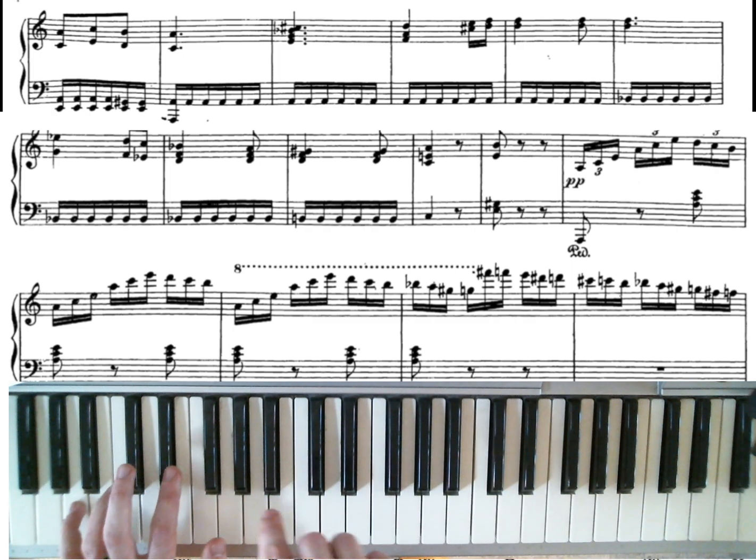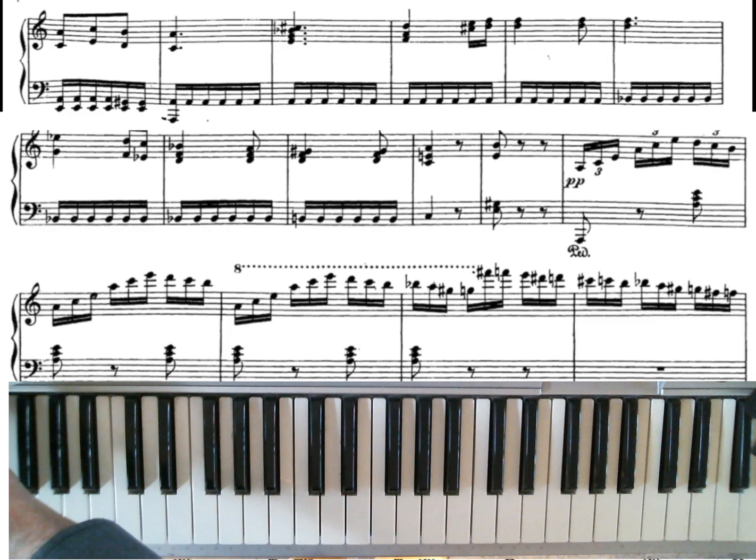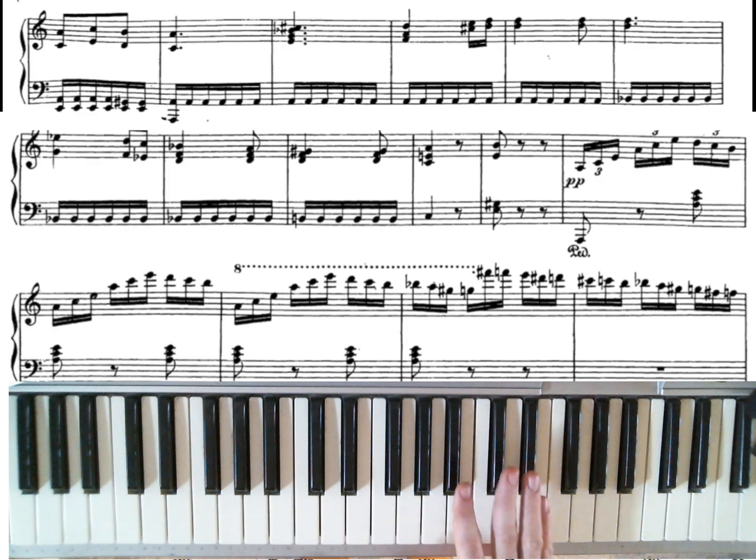Where's home? Right there, right? A minor. So some other ways that this contrasts with what we've had come before is, our right hand has always been pretty